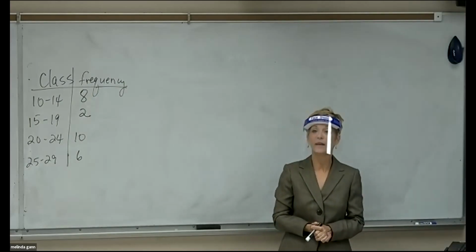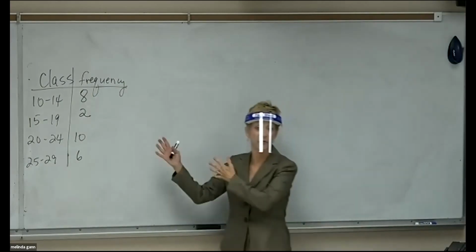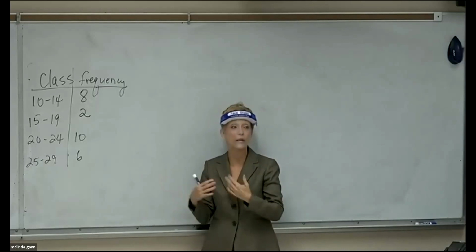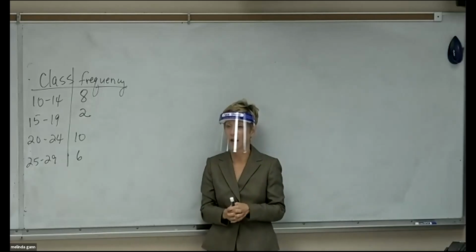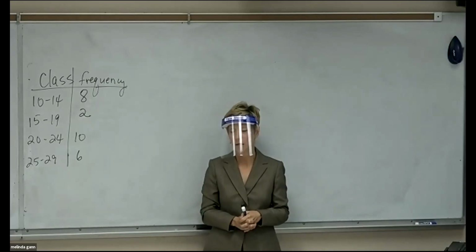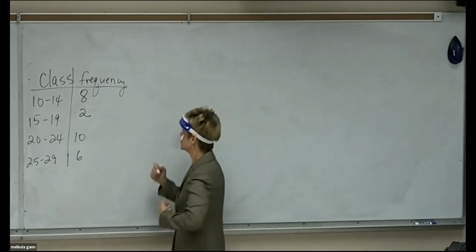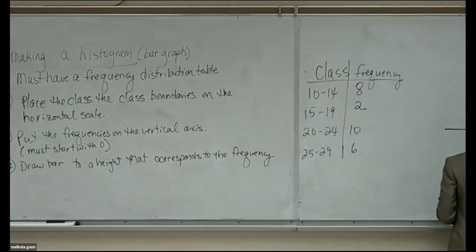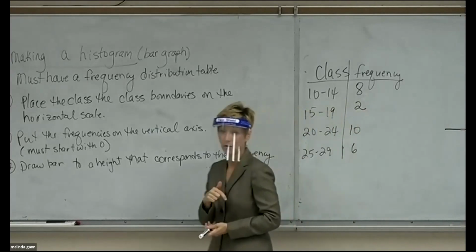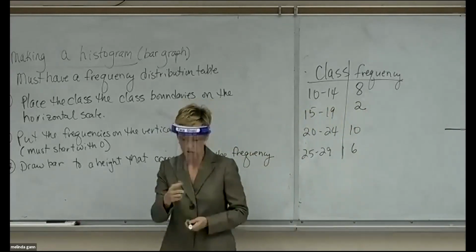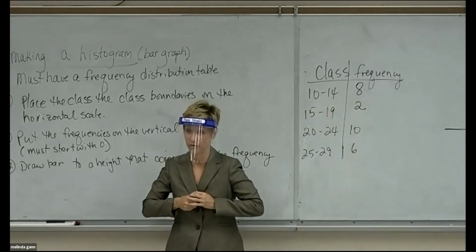Now, step 1 is you have to have a frequency table. Do I have a frequency table? Now, what if you didn't have one? What would you have to do? Make one. So that's why you learned last night to make one. Okay? So let's go do the steps. The first step is on some kind of horizontal scale, I've got to place the class boundary. So what does that mean you have to do right now? All right, you've got a calculator, so go find me all those boundaries.